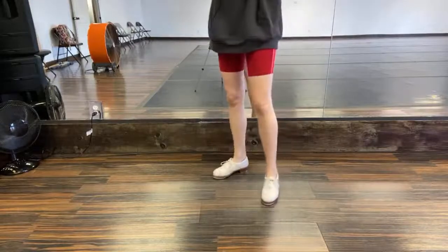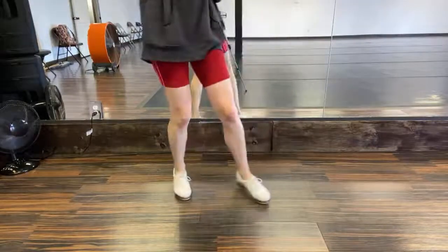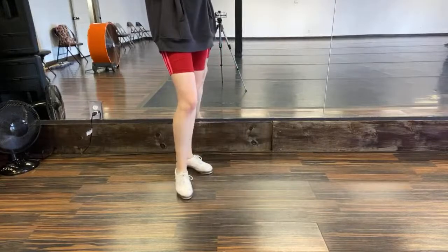Okay, cool. Speaking of pullbacks, another pullback type thing I want to cover with you is